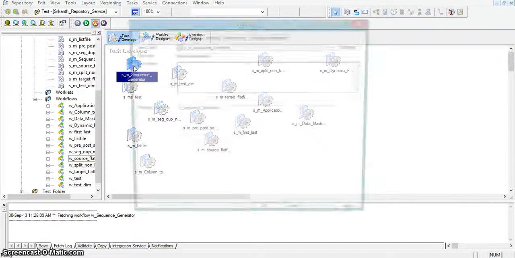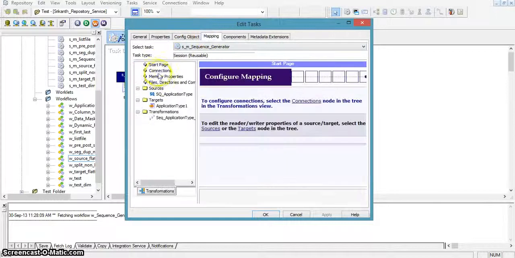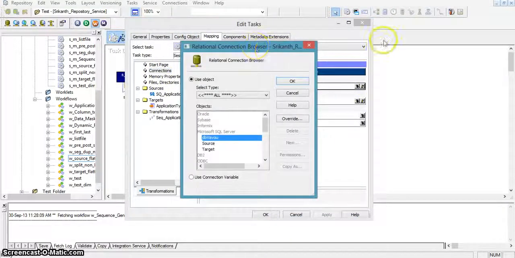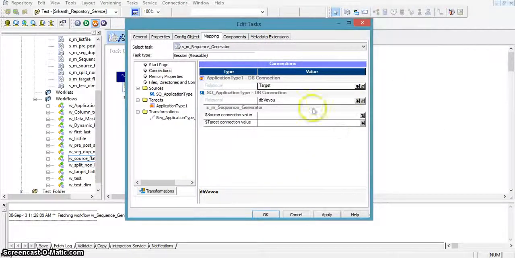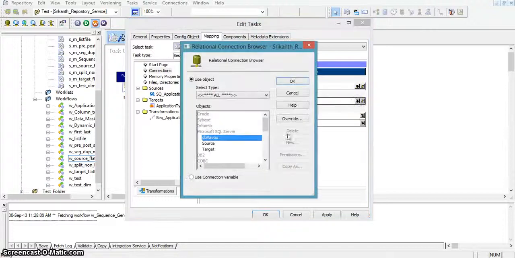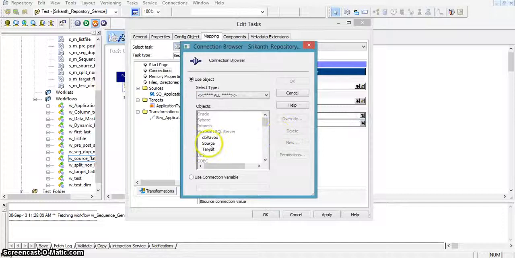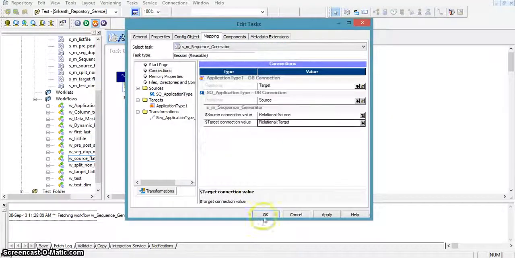I am going to session properties and editing the database connection. I am changing the target connection to the target database, and for the source qualifier application type database connection, I am changing it to source. This is the source connection value, and this is the target connection value, and I am setting it to target, and okay.